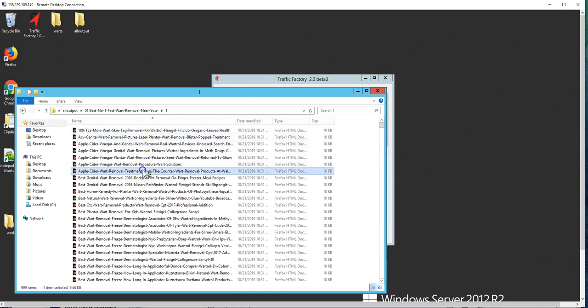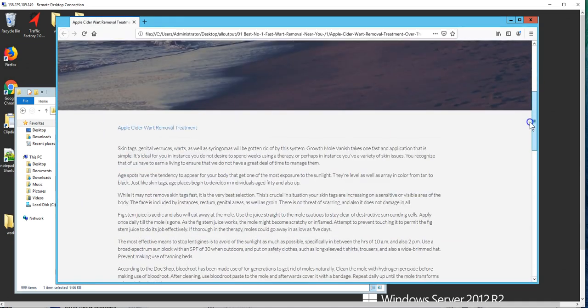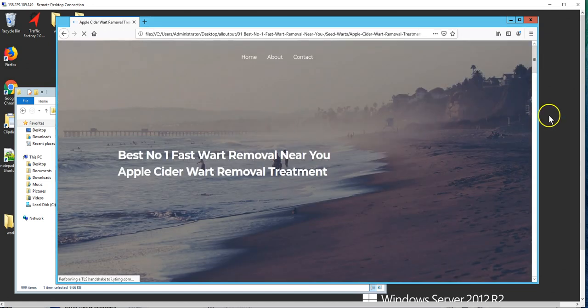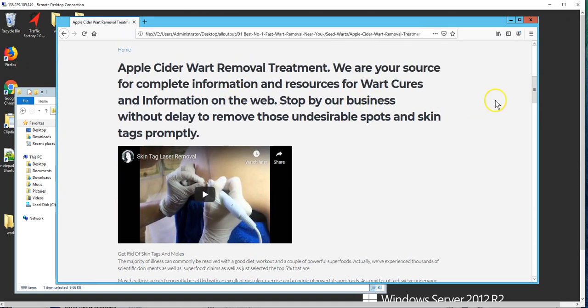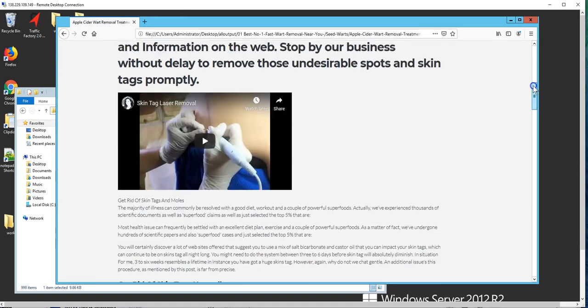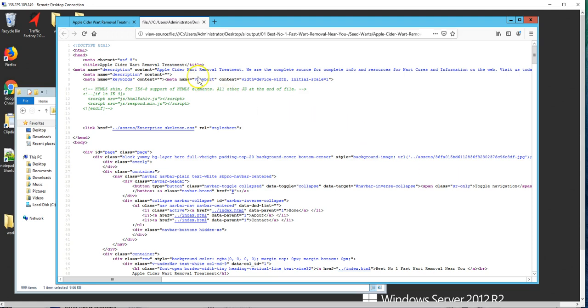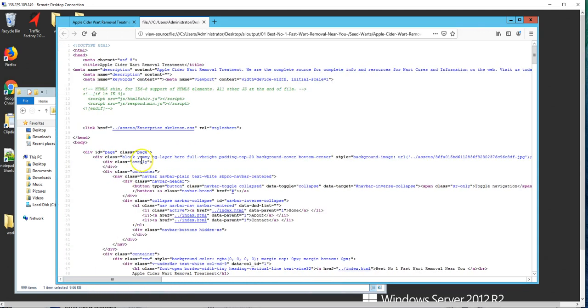Your link pages set up thusly with a little content, like we said, link out to the specific content article that we generated, apple cider wart removal treatment. You will also find the way that we teach or show you to do is we add exactly the same thing as our H1 tags as our meta description. As you can see here,